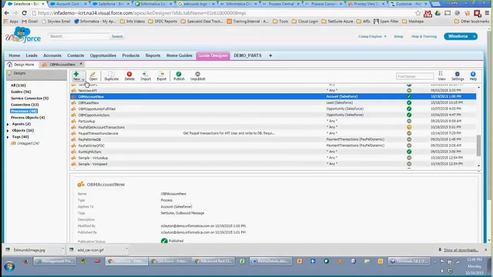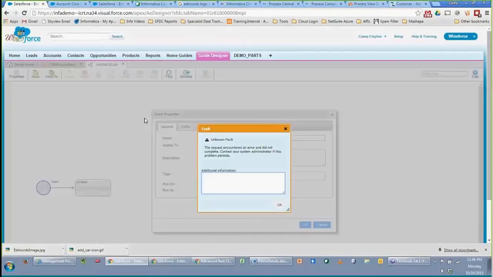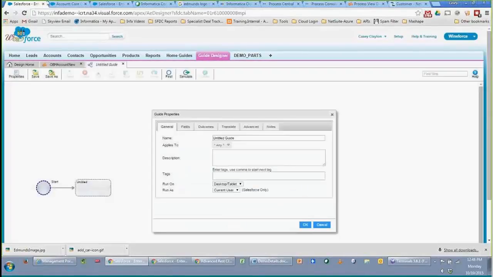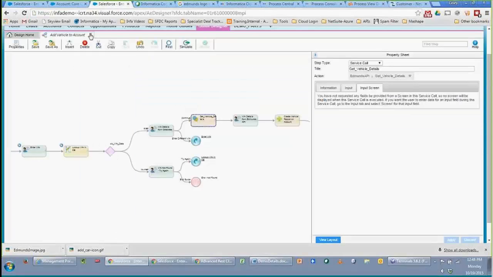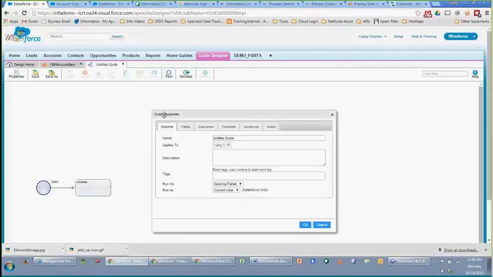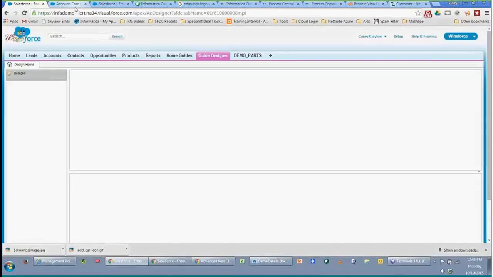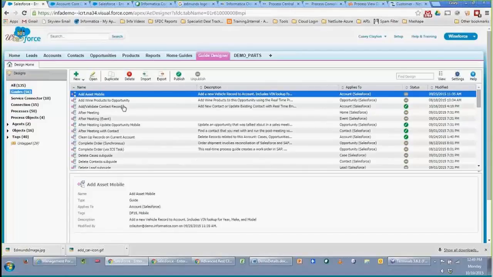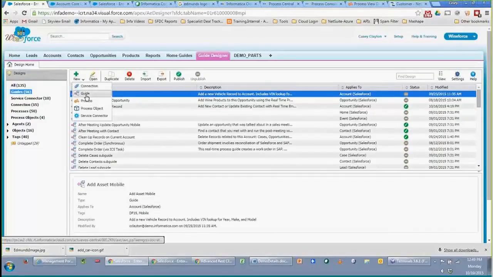We're going to come in here and we're going to create a new guide. Sometimes you have to use the window that you were logged into. There we go. This is where I've been working. Apologize, I let my session expire. All right. So we're going to do a new guide,